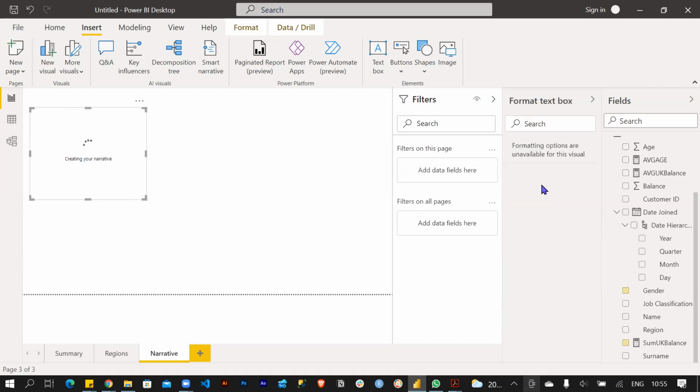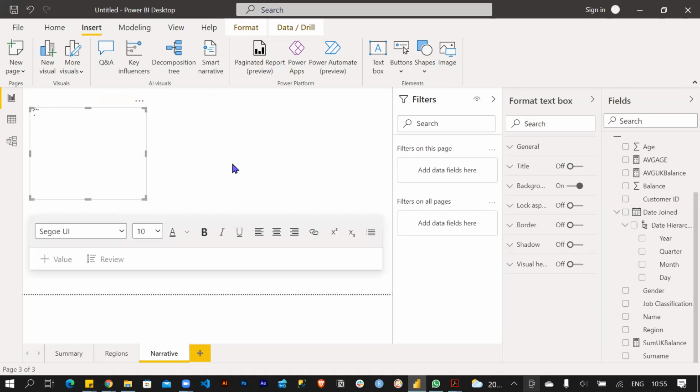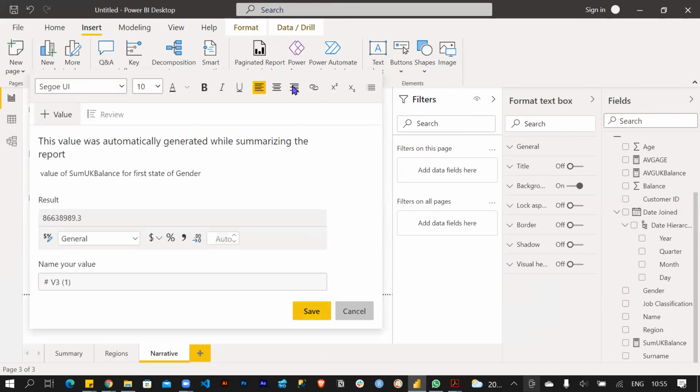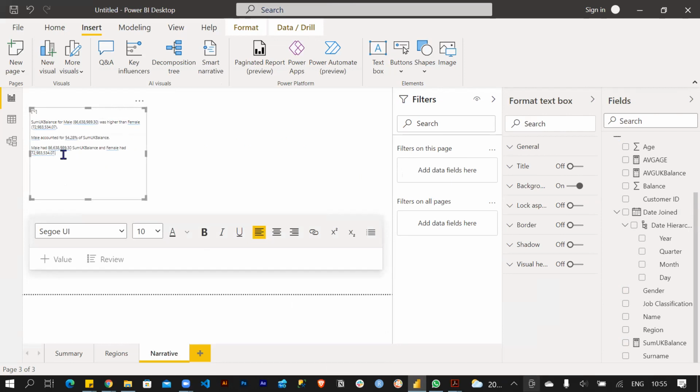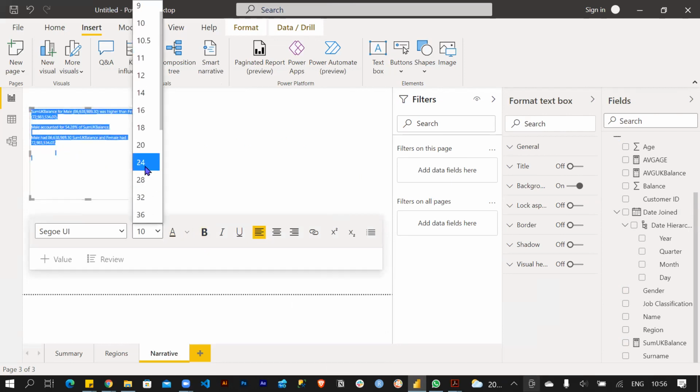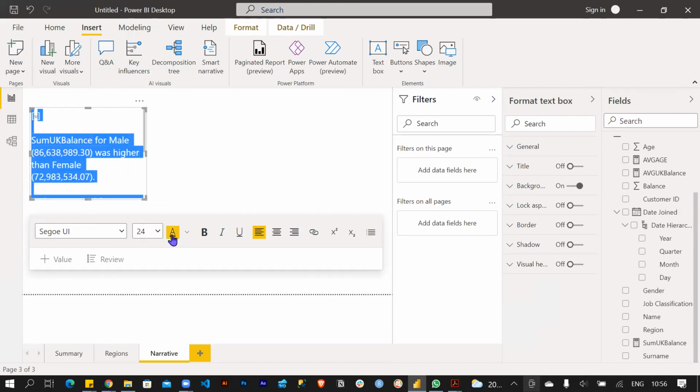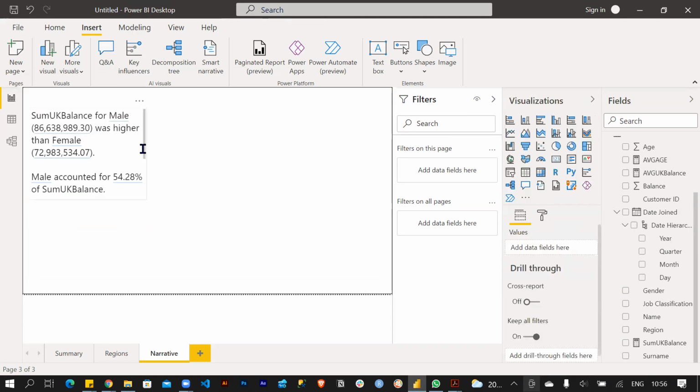So just click on smart narrative. It will do a quick smart narrative. Let me increase the size so that it can be visible. So you can see it did a summary